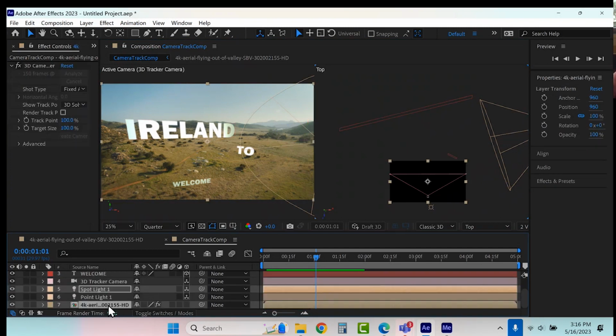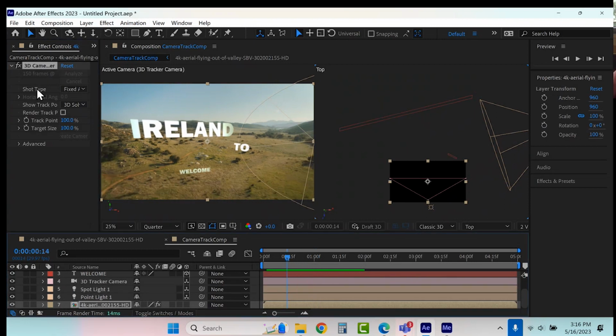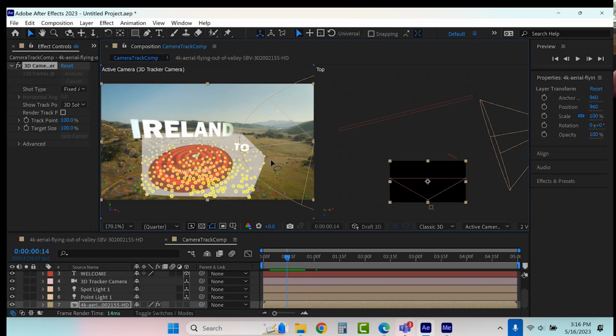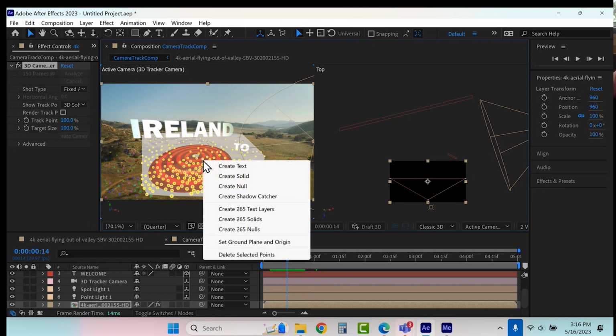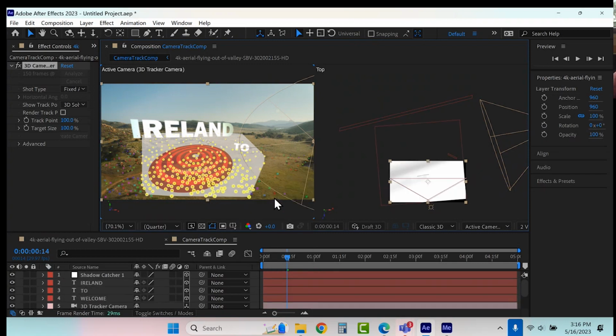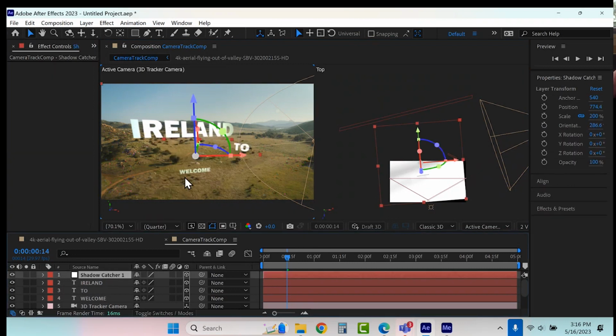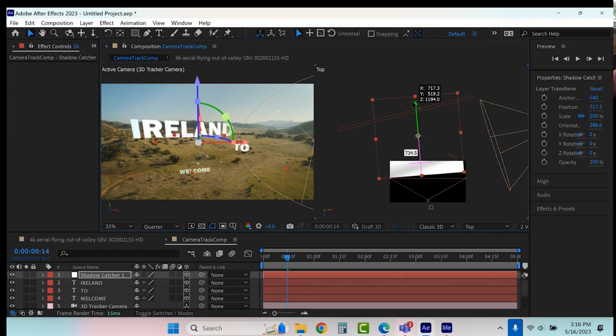Well, go ahead and grab it here. Highlight again my camera layer with my tracking points. See? Because what I need here now, I could probably do one big one if I chose. Okay? What do I need there? Look at this. Right click, create a shadow catcher. Right? Now that gives me, you see here, a shadow catcher where here it is in the top-down view. It's just a plane,